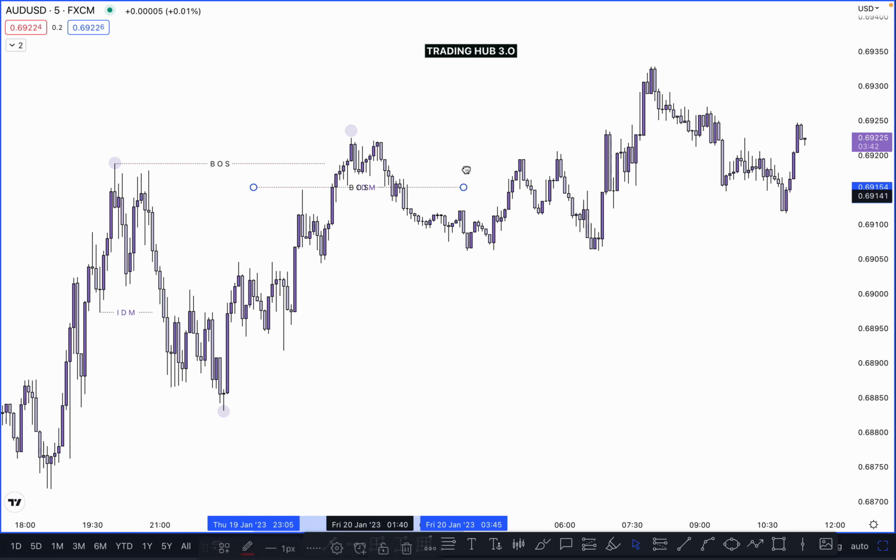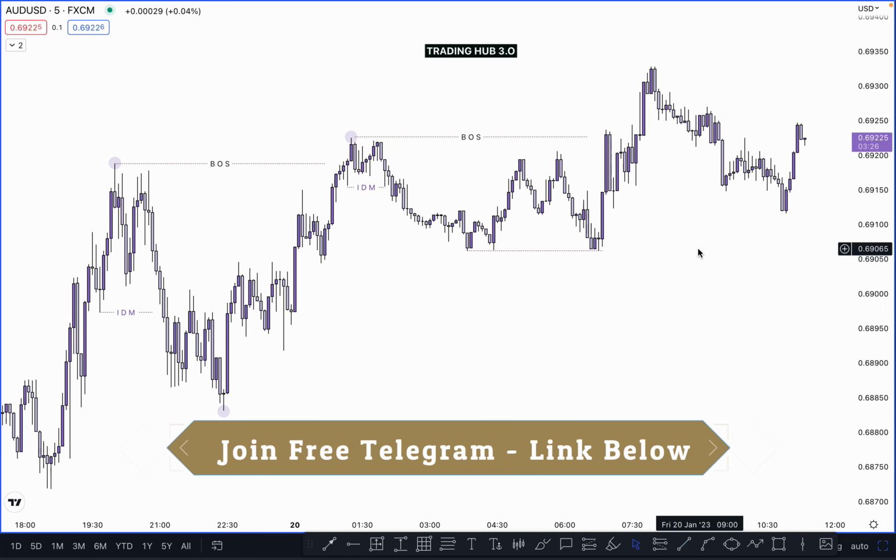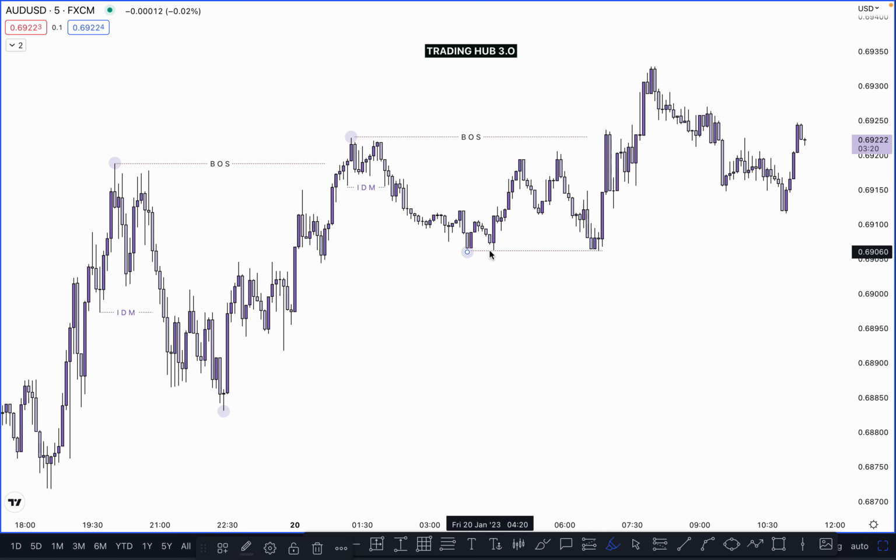If the market breaks the previous high at this point and closes above it, then once the market closes above it, our higher high and our higher low are confirmed here, right? So where is our higher low in this case? You can see these three lows look equal. Okay, so we can tap any one point. Maybe you can tap this one and this one and this one also, because the three lows are equal. So I'm just marking this one.